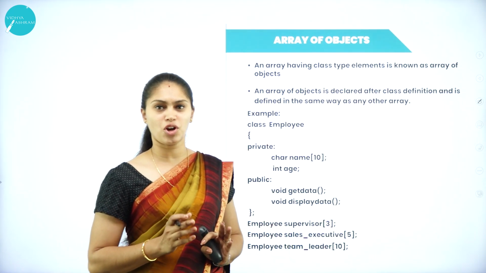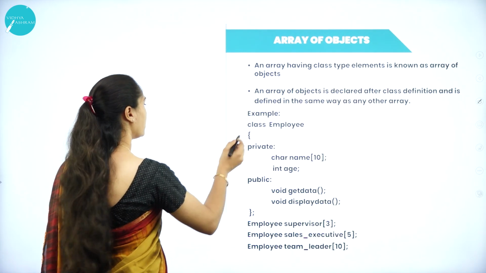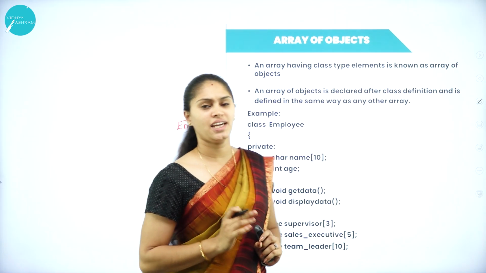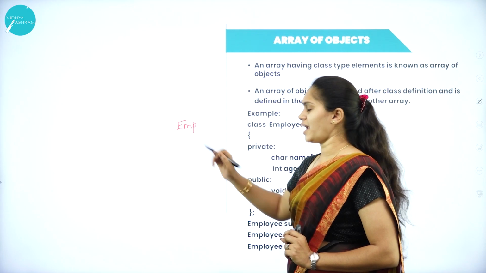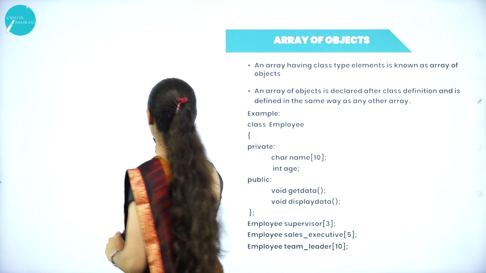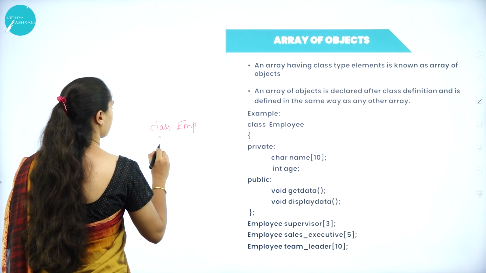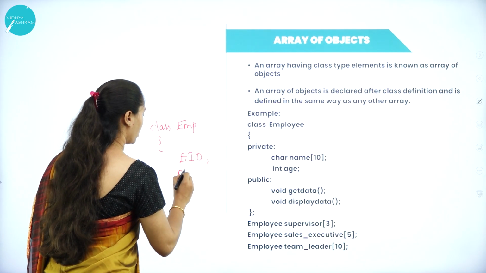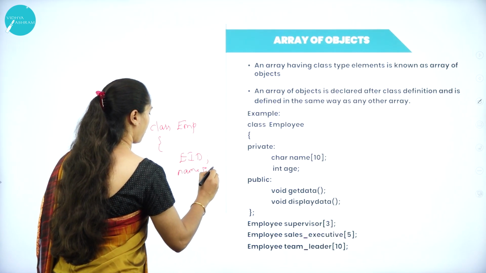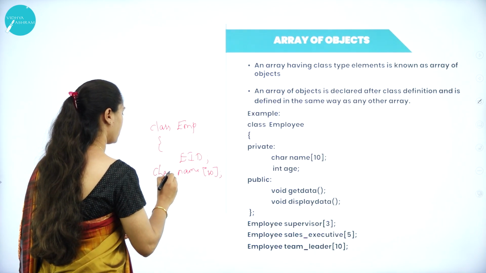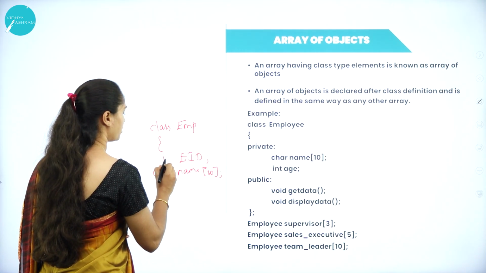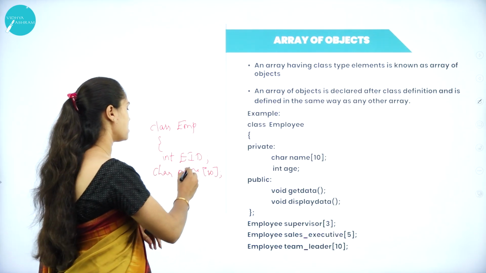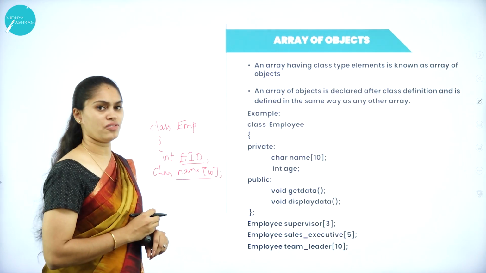So before getting into this topic, let me tell you one example. Consider employees. I have one company and I have 50 employees there. I am going to create a class Employee, and I am going to take their employee ID and that employee has a name, char name, and this employee ID is of type integer. So I have two data variables, that is employee ID and name of an employee.